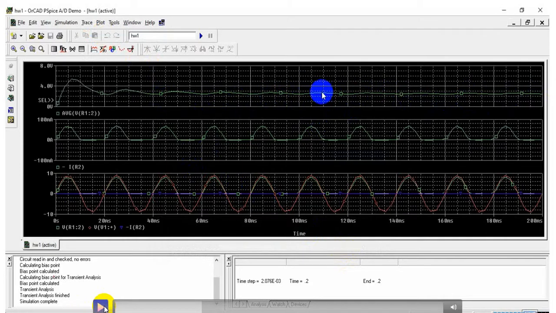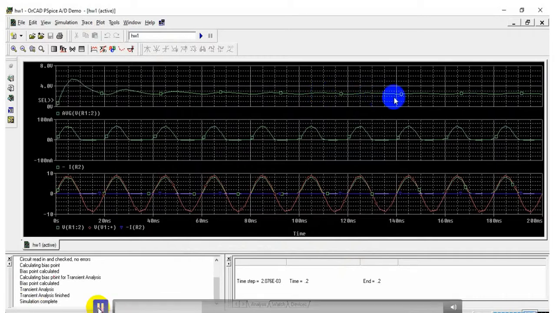So the average signal you see, it is continuously slightly changing, then it is going to be a constant value. So this value I want to capture, right? So in which value it is settled. For that you have to go to the cursor. In that, toggle cursor, you select cursor peak, and in the cursor peak you go with the left click. So when you left click and drag it, only one cursor will move. That cursor you place on the constant value and see what is the value of your output.